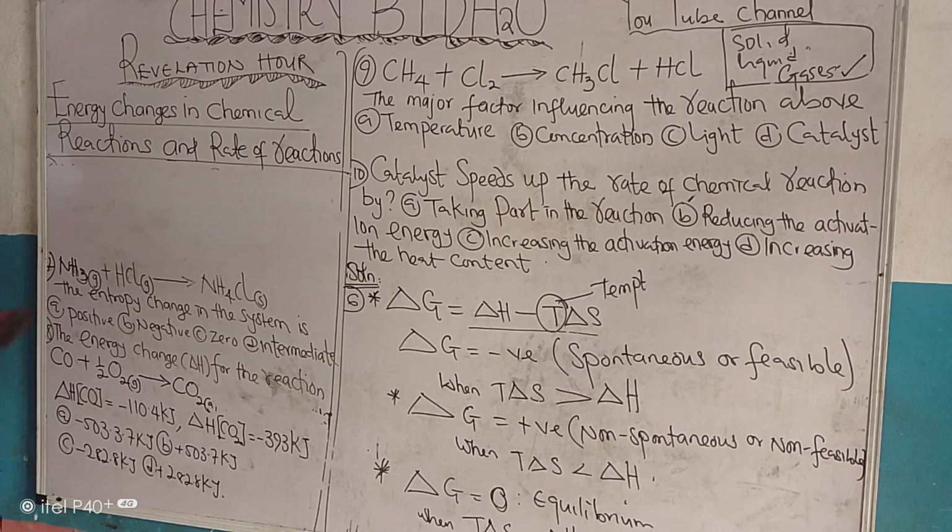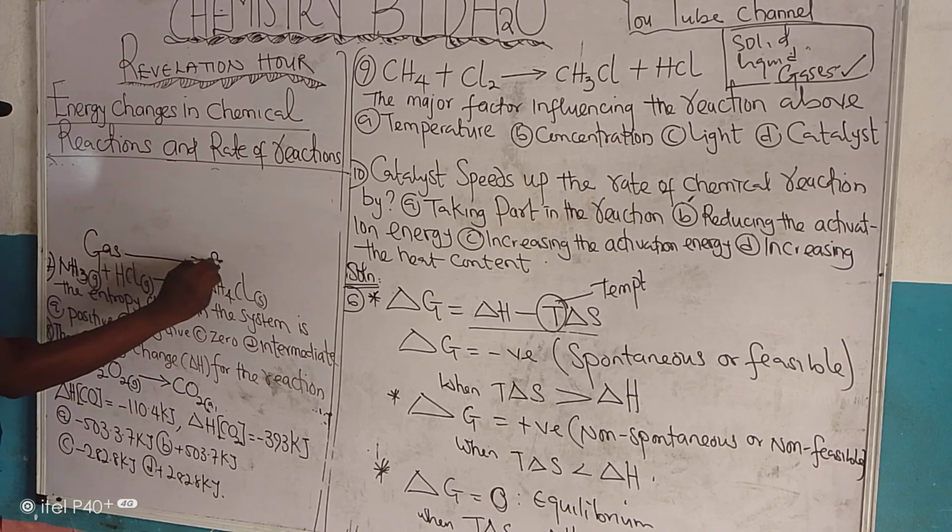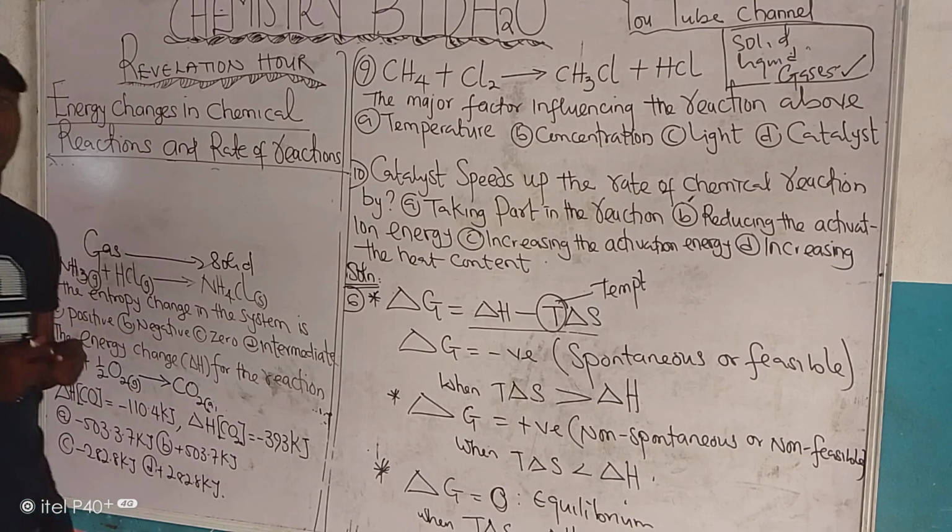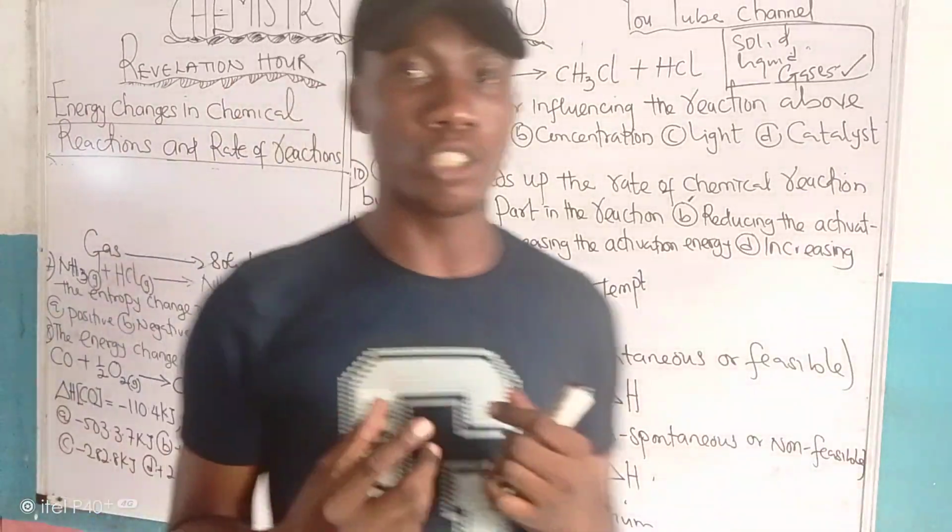Question number 7 says that ammonia, a gas, reacts with hydrogen chloride, a gas, to give us ammonium chloride, a solid. The entropy change in the system is what? I just explained this. If a substance moves from gas to solid, what has happened to the entropy of the system? The entropy has